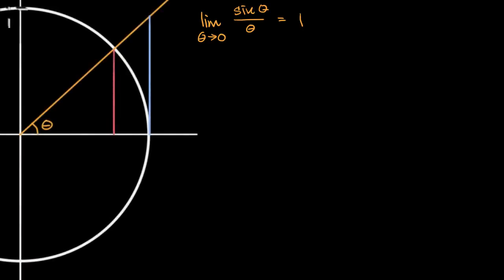So this white circle, this is a unit circle. Let me label it as such. So it has radius 1, unit circle. So what does the length of this salmon-colored line represent? Well, the height of this line would be the y-coordinate of where this radius intersects the unit circle. And so by the unit circle definition of trig functions, the length of this line is going to